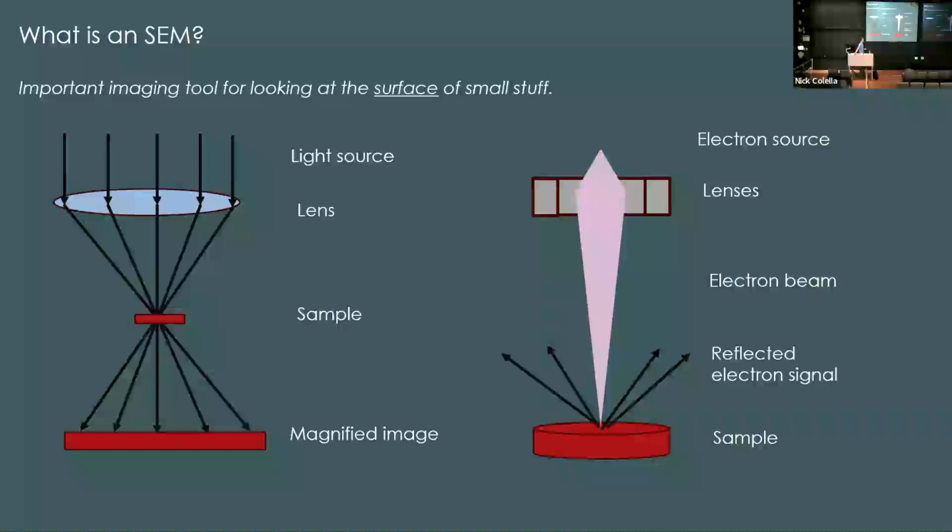So we use a beam of focused electrons. There's one or more lenses that will focus those. And instead of magnifying the image, we want to demagnify the electron beam as much as possible to create a really fine point probe on the surface of the sample. And then, depending on the configuration of the system that we're working with, there are one or more ways that we can measure the way that the signal either bounces off the sample or interacts with the sample, so that we can learn about the sample, about its texture and topography, and maybe even what it's made of.